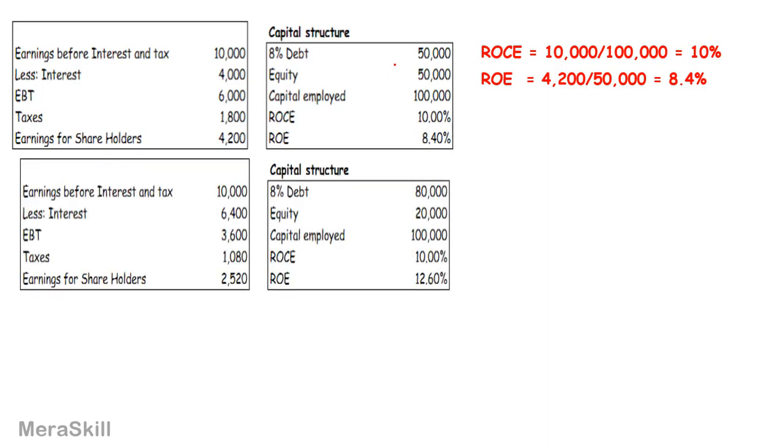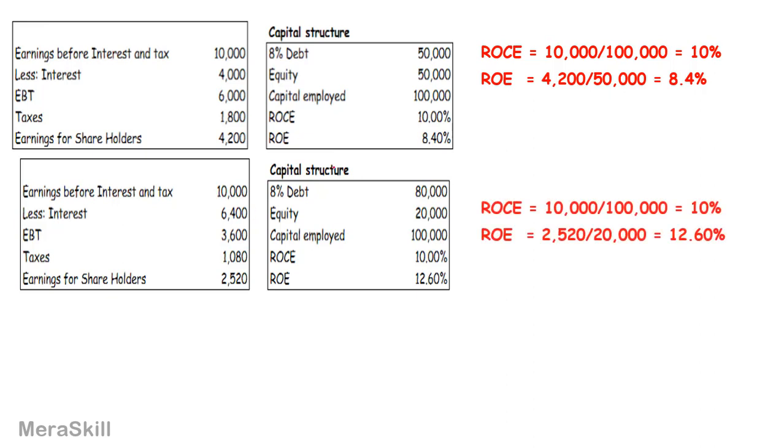Now look at this scenario. We change this slightly where 80% is on debt. 80% of it is financed by debt and 20% by equity. Again, earnings is 10,000, the capital employed is 100,000. So this is the total 10,000 which is earned by employing both the debt and the equity. That is why we are not deducting interest, right? 10,000 by 100,000, we get 10%,